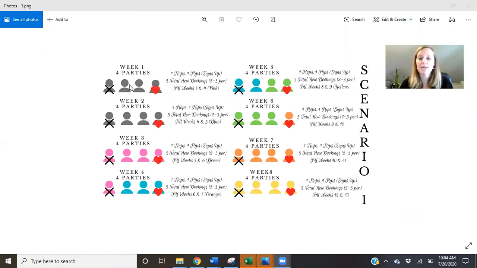So let's say you're focused on getting 2 to 3 bookings per party. And let's say you end up with 5 total bookings from these 2 parties that are great and that stick and stay with you. That's going to fill week 3 and 4 of your calendar, and you're going to see that in pink. All right. So this is pink down here. We're filling up those future dates. Now week 3 is completely full and you're good to go.